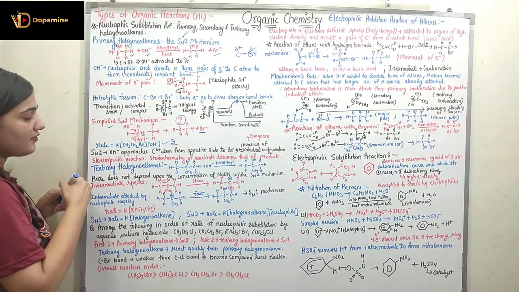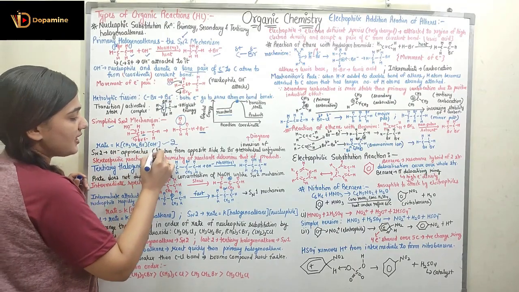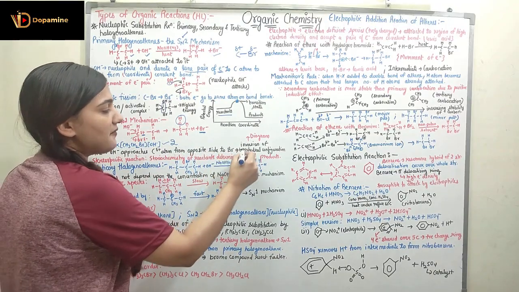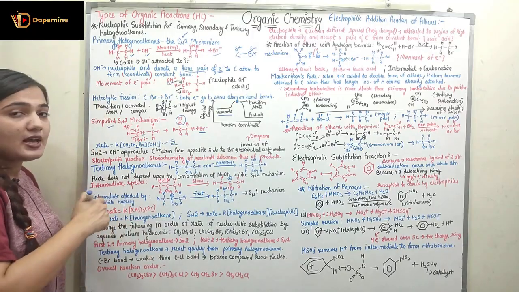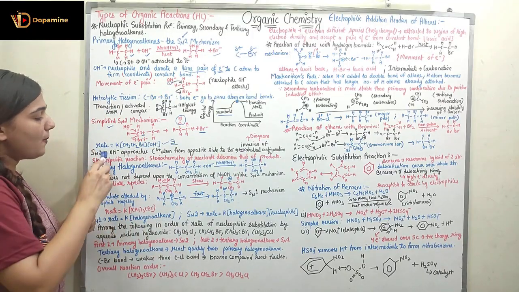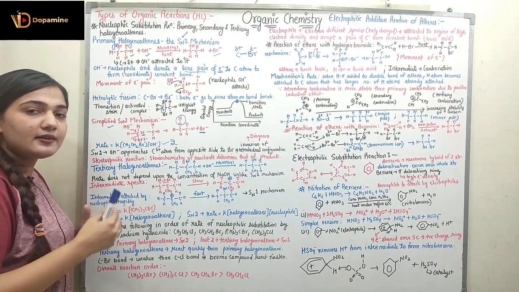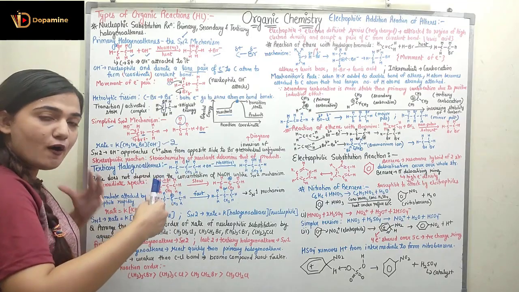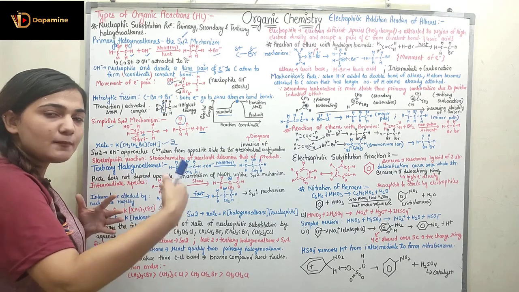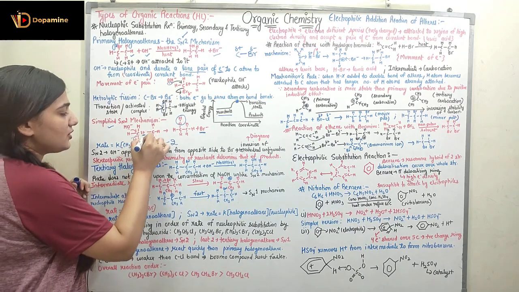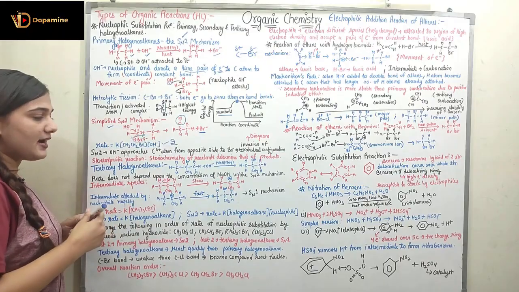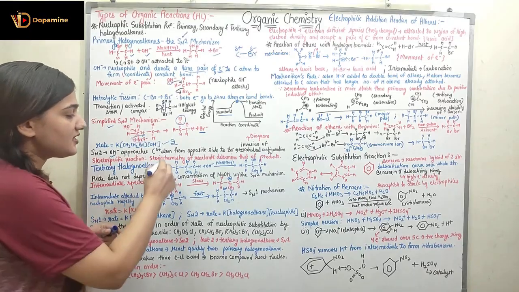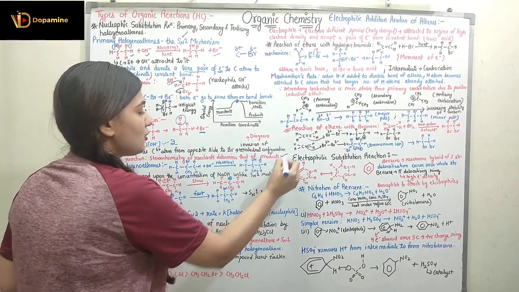The SN2 mechanism is where OH negative approaches the C delta positive atom from the side opposite to bromine, due to which we have inversion of the tetrahedral configuration. You can see in the diagram how, when OH negative approaches, the reaction happens, and it attaches on the opposite side to where the bromine was attached. So if the bromine is attached to this side, OH negative will be attached to the opposite side. This is a stereospecific reaction, which means the stereochemistry of the reactants determines the stereochemistry of the product.